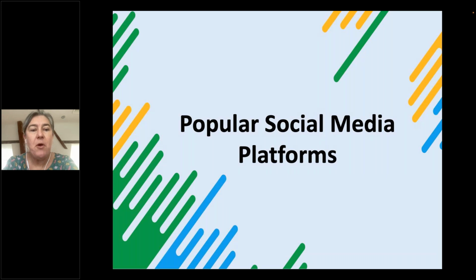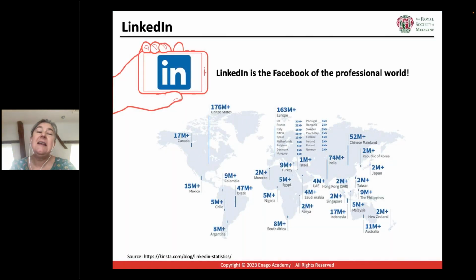So thinking more about the social media platforms now. LinkedIn is huge. It's got over 800 million members across the world, so it's very widely spread, and it's also very functional, as we'll see.